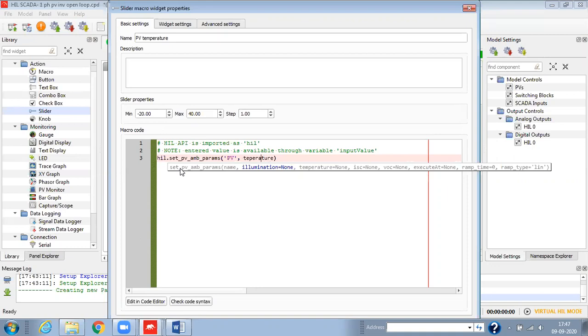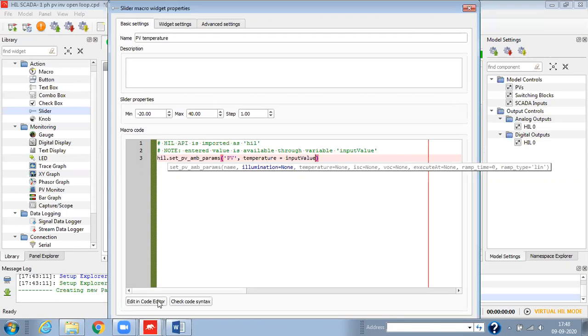Sorry, we have... so temperature will be equal to input value, because we have to change the temperature and illumination online while running the simulation. So you got the idea how we are going to use this one.